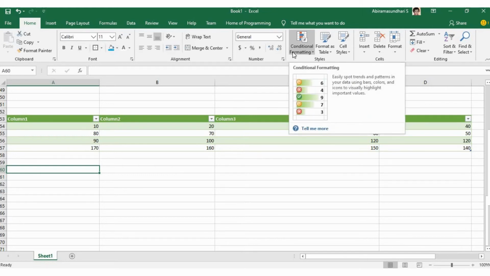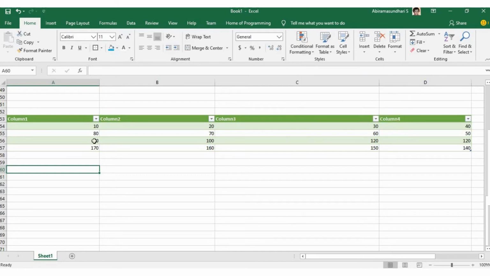We can perform conditional formatting if you have your class record, that is, a result table. In the case of a result table, there may be a situation to highlight the top 3 records and bottom 3 records, and if it is a fees table, you may want to highlight the students who have not paid their fees. So in certain cases you can apply conditional formatting.